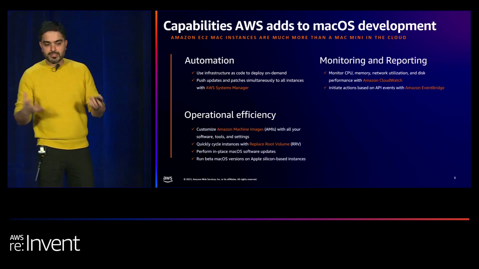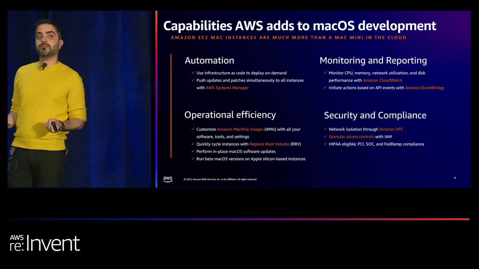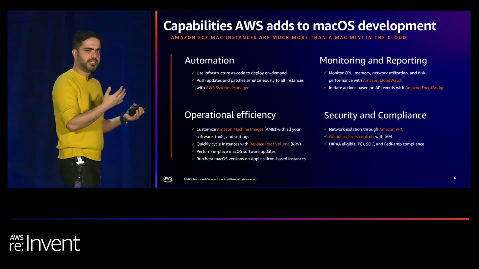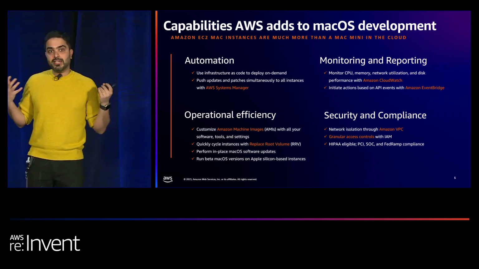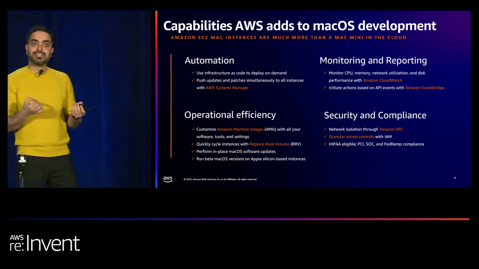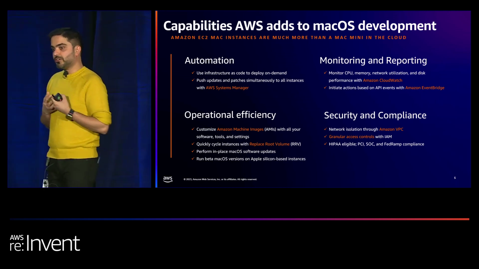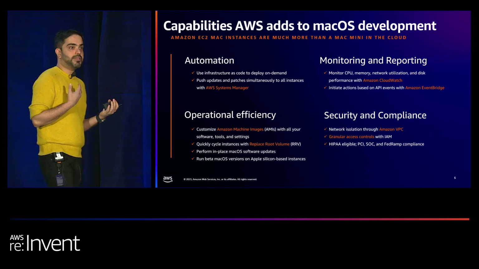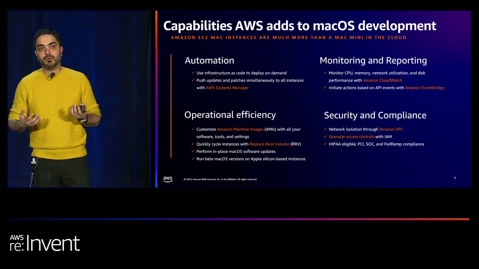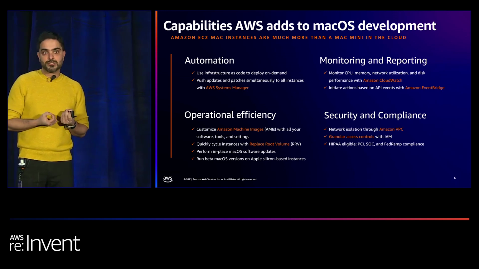So on this slide, we talk about the different capabilities that AWS brings to the table with EC2 Mac instances. In addition to the elasticity, reliability, and the security that we talked about, EC2 Mac instances, just like any other EC2 instance, come with a plethora of AWS services integrated. And what I mean there is, what we see talking to a lot of our customers in an on-premise environment is they will have different tools, different vendors for the different parts of their architecture and security. And here within AWS, you can just use any of our purpose-built services to be able to get the same